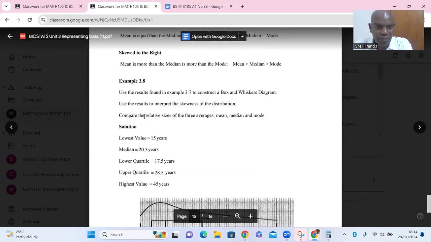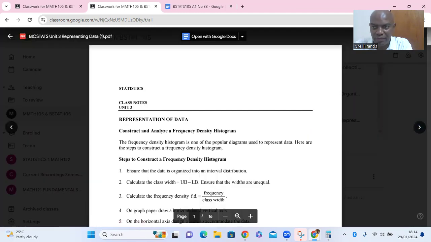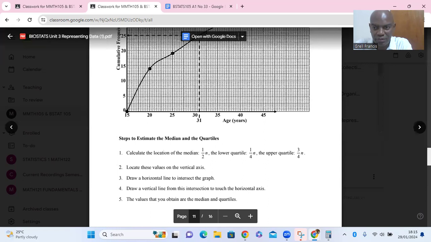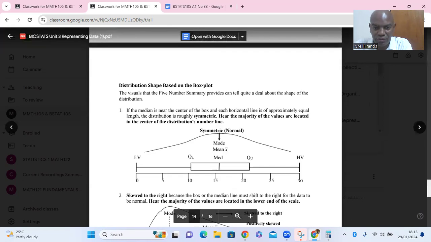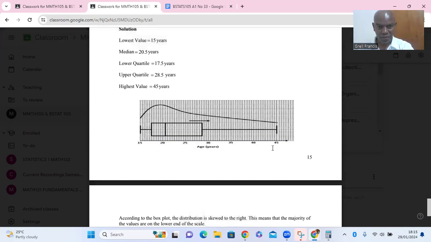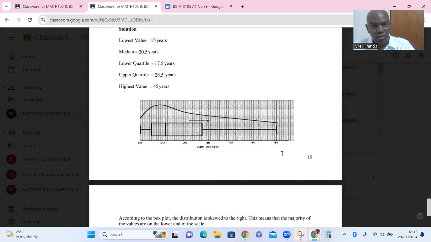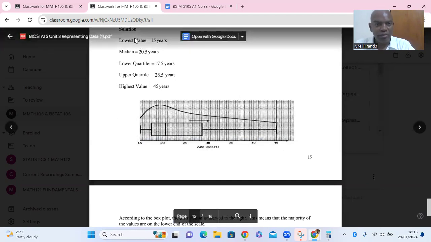Here are the 5 statistics: the lowest, median, lower quartile, upper quartile, and highest values, and they were plotted on that scale. The quartiles form the box along with the median, and the lowest value and the highest value form the whiskers. You can do that. Okay, let's see